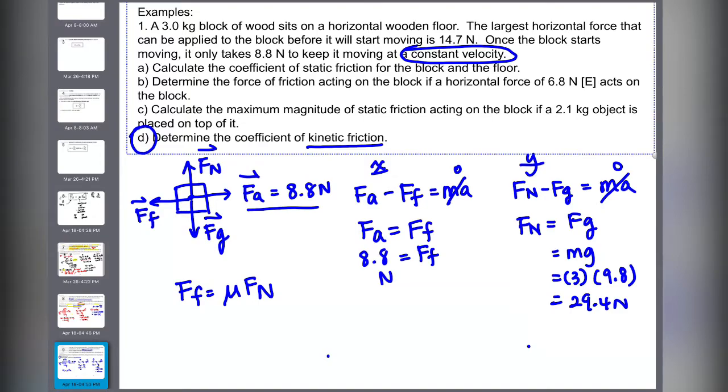So now I have my Fn, I have my Ff. I'm going to plug it into the equation for the force of friction. So I know that Ff is 8.8. I'm looking for my mu. And I know that my Fn is 29.4. So divide both sides by 29.4. So my answer is around 0.2993, and so on. And I want 2 sig digs, so I have to round it to